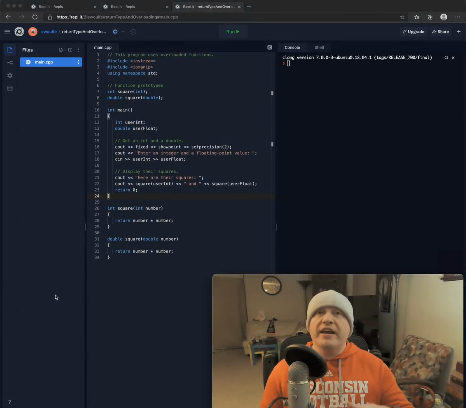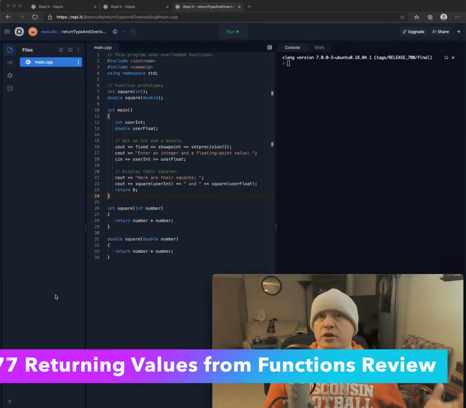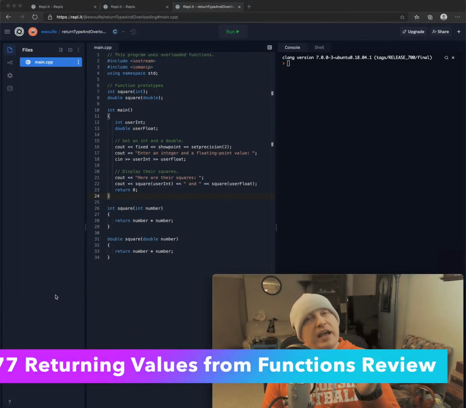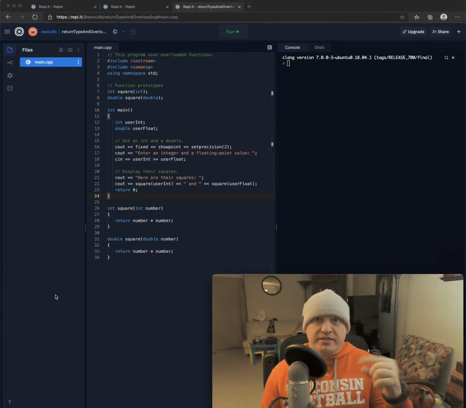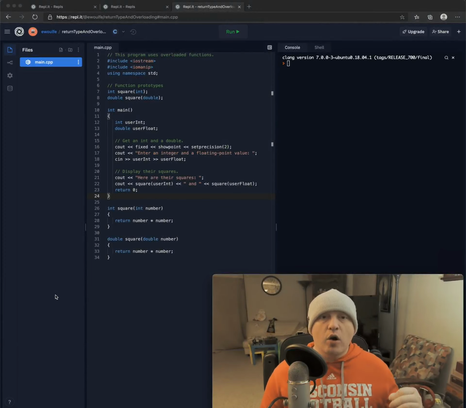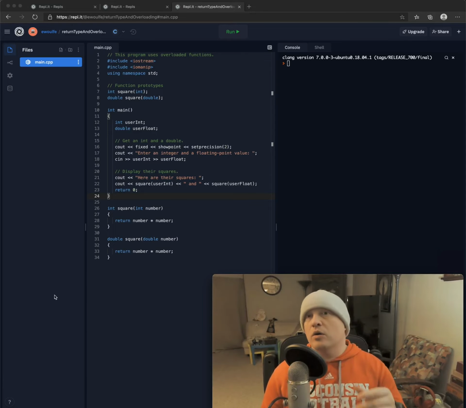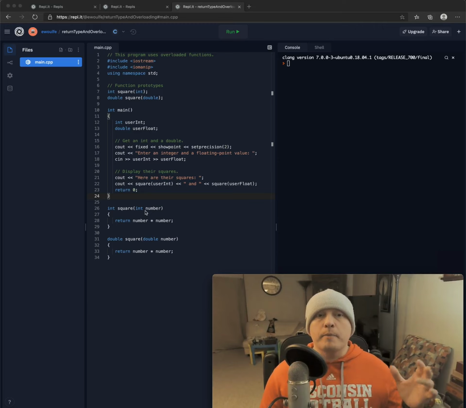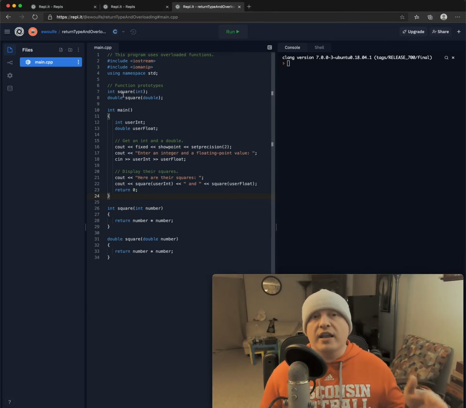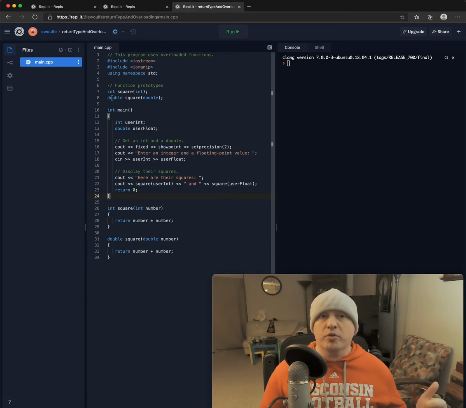Here we go. We're finally going to see a return. And I'm actually going to mix a little bit of overloaded functions in here as well, because I think that by now you guys can handle that. First and foremost, you can see here on lines 7 and 8, I have my function prototypes, but this time